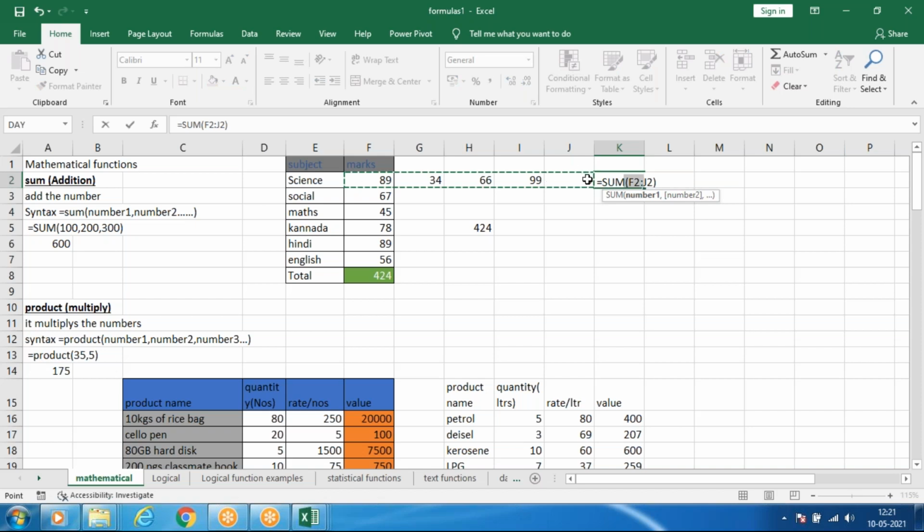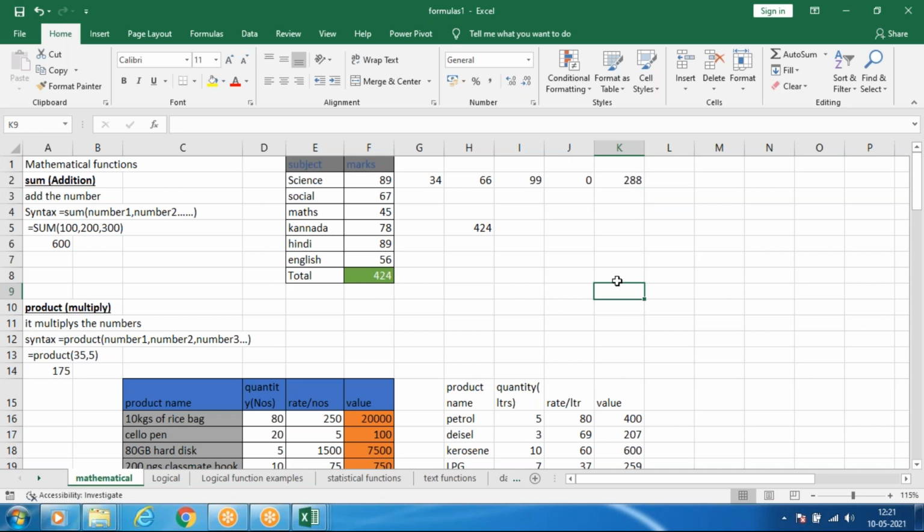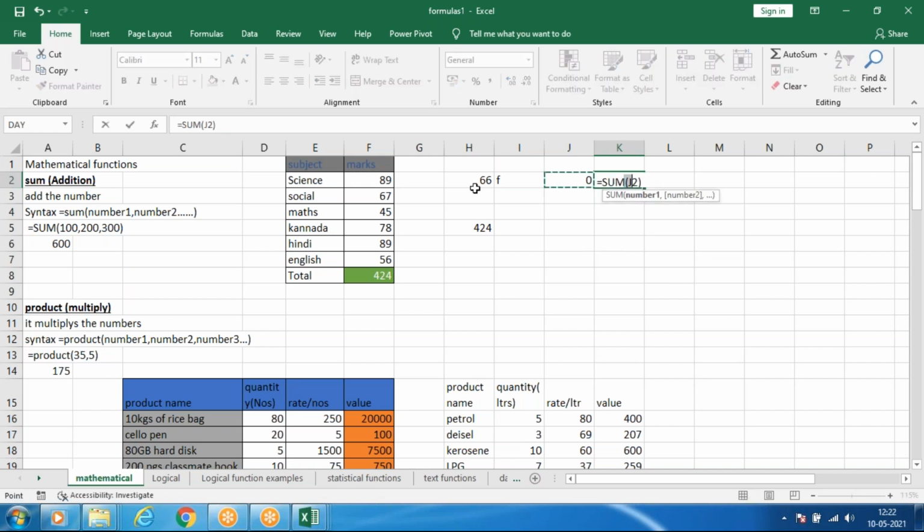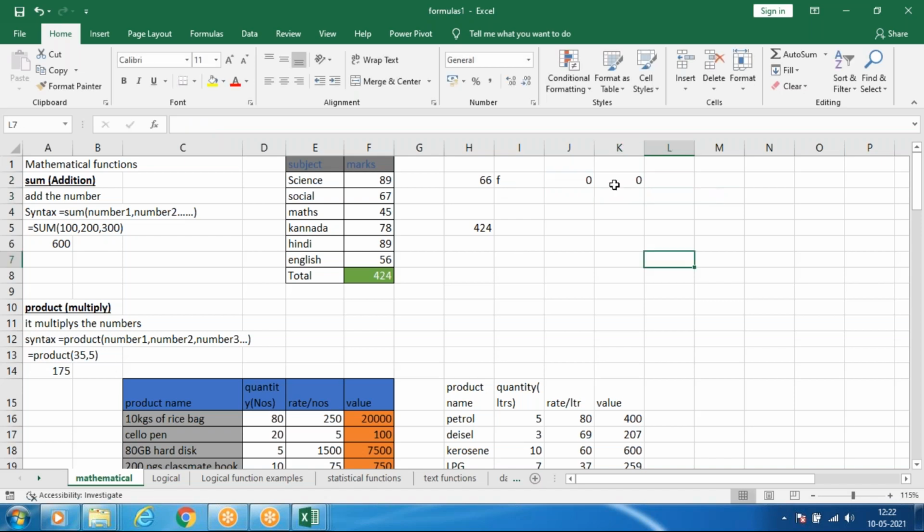But if in between you have any letters like this, and I press Alt equals, it won't take the entire thing. It will take only this cell data.